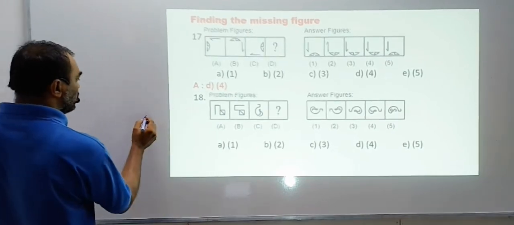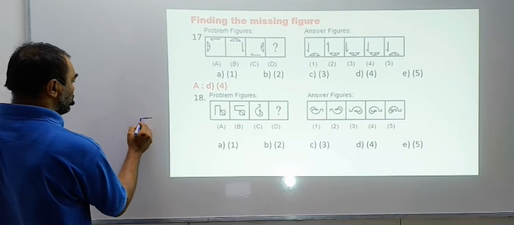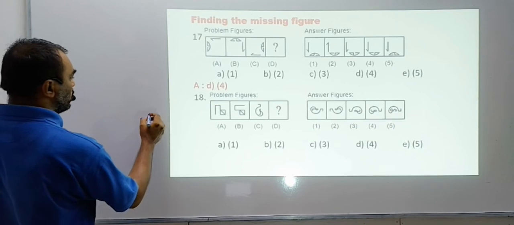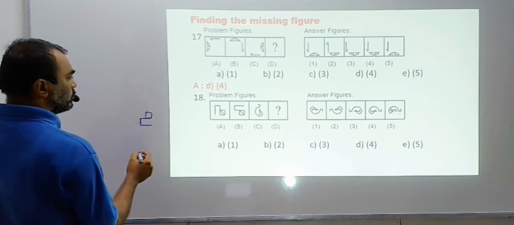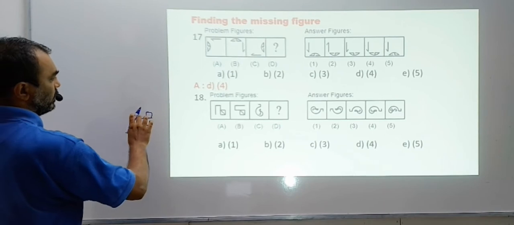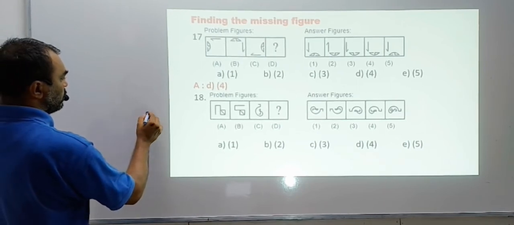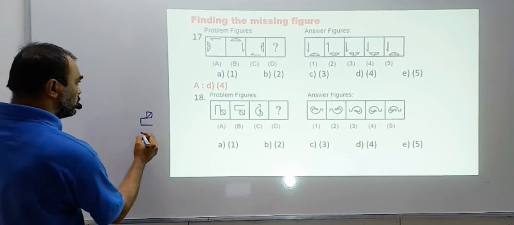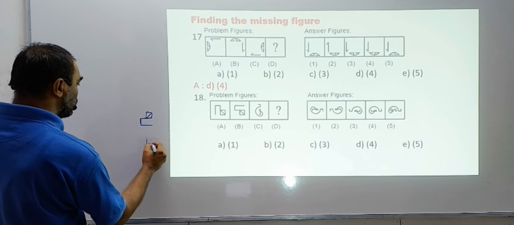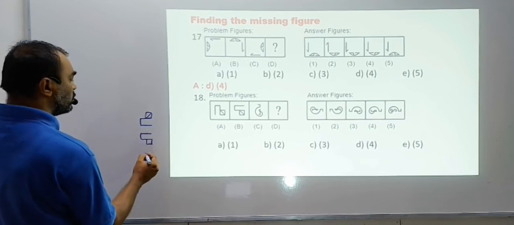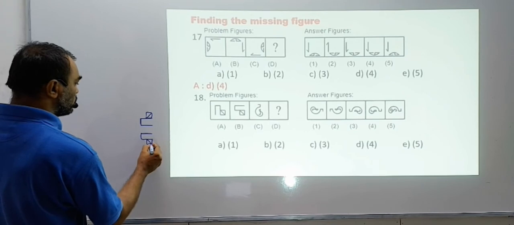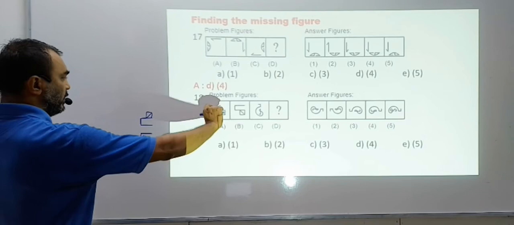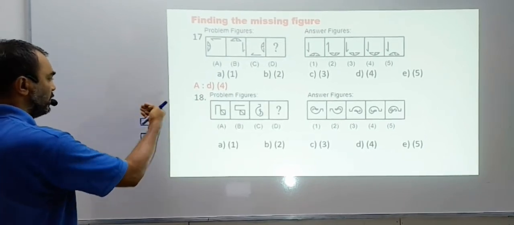If you see this figure, move it 90 degree, then it has become something like this, right? On the open part, so if you move the figure by 90 degree, okay, and then this has turned upside down. So upside down means the square has come down and this part has gone to the top. So I have drawn for you. Did you follow this? First I turn 90 degree. So it turns like this in 90 degree and then it falls further down.